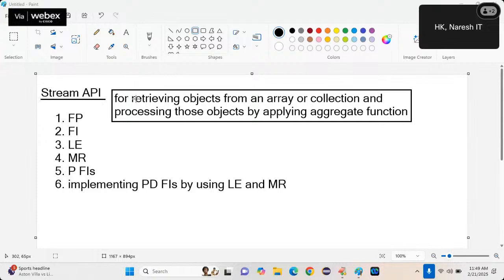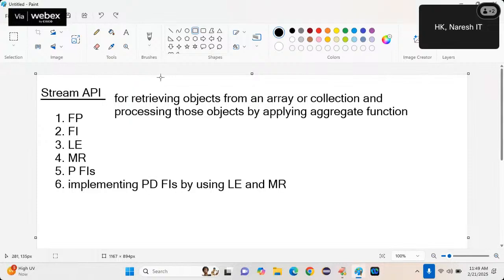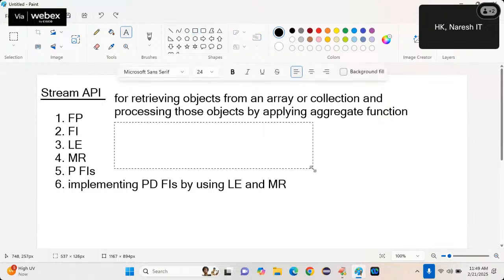So finally tell me: for retrieving objects from an array or collection and processing those objects by applying aggregate functions, we will use Stream API. What is the meaning of stream? Stream is a flow of objects.